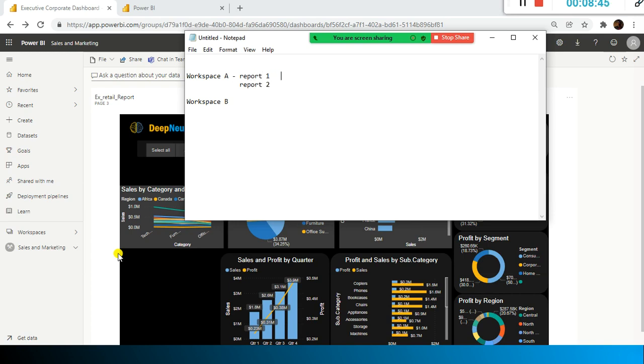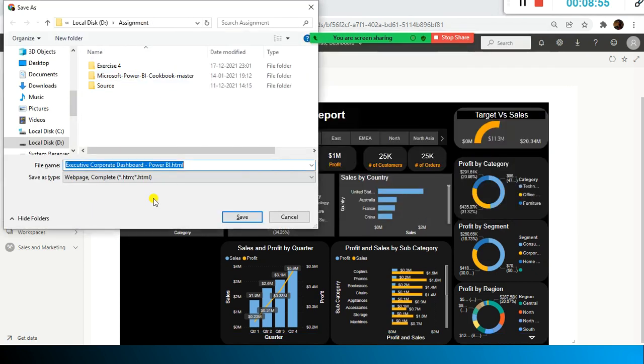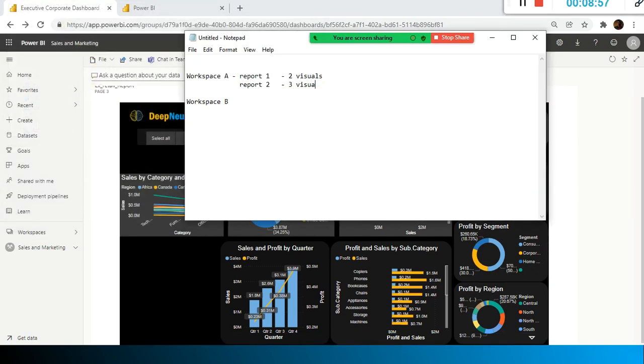In these reports I have 2 visuals and 3 visuals, and I can include them in my dashboard. What you can do is you can pin the visuals from these 2 reports to your dashboard.